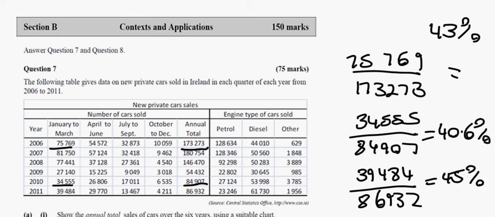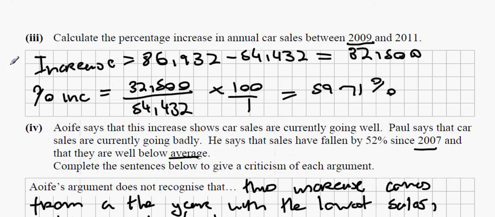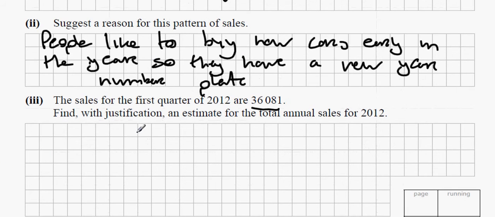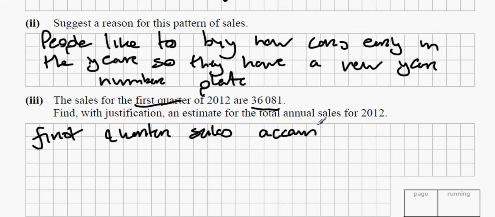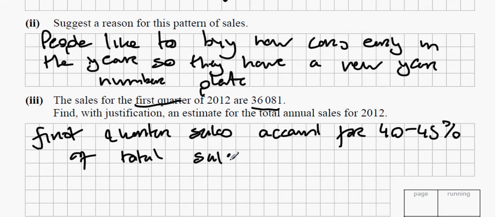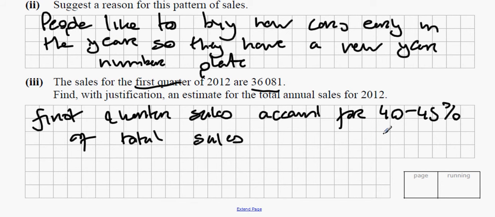So we can just justify this back here. First quarter sales account for 40 to 45% of total sales. So this means that this number here, we can pick the middle. Let's call it 42.5%. So 42.5% of all sales